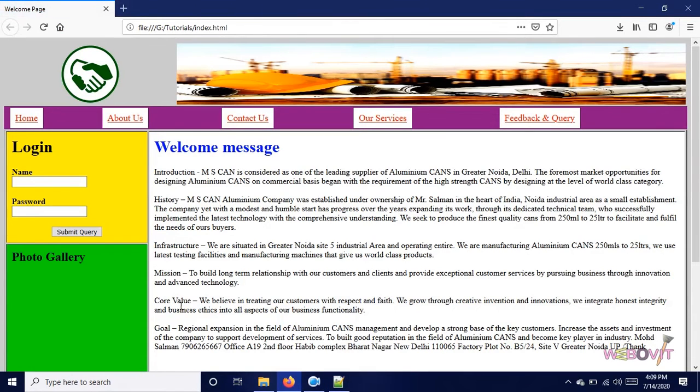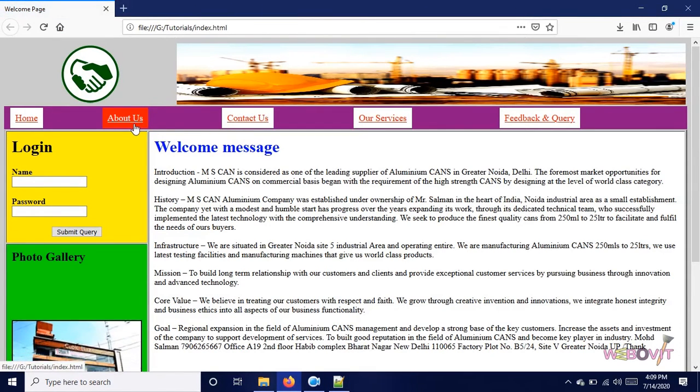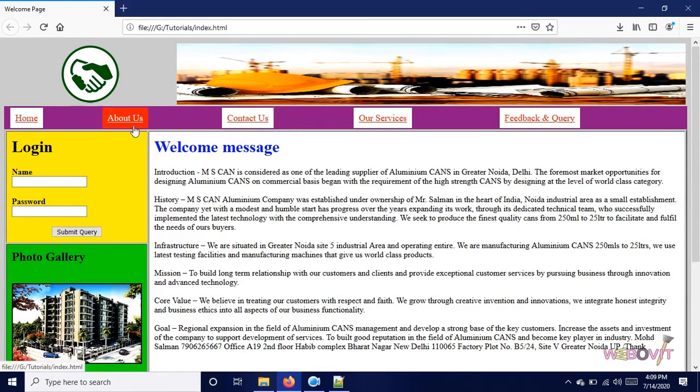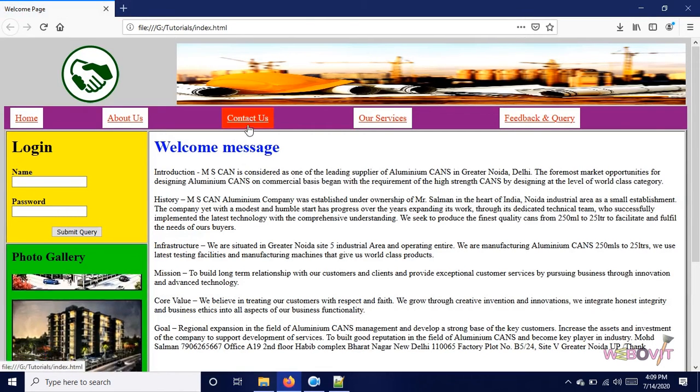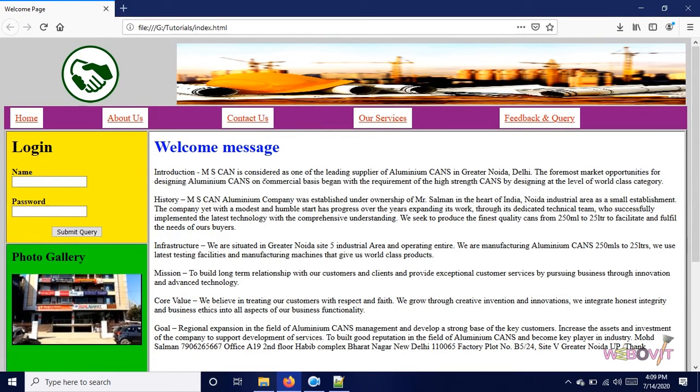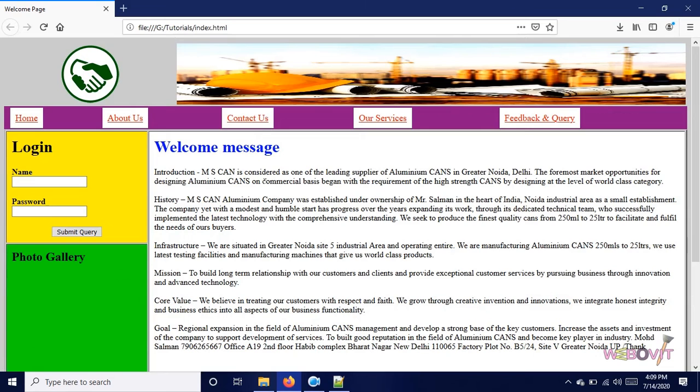So whenever your mouse goes over this link, the text color changes and the background color also changes. The text becomes white and the background becomes red, and when we remove the mouse, the background becomes white and the font becomes red.